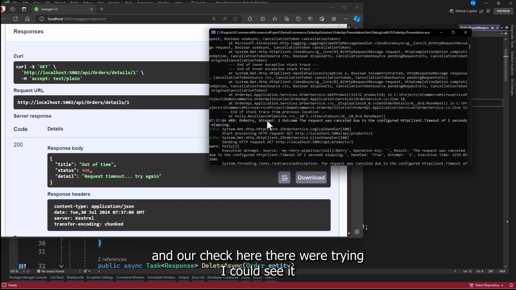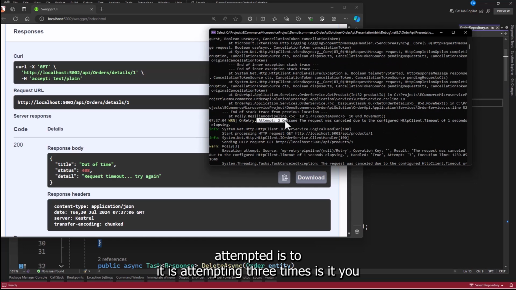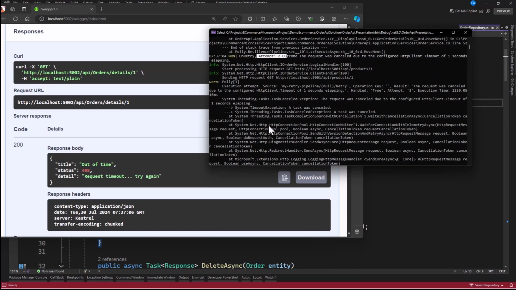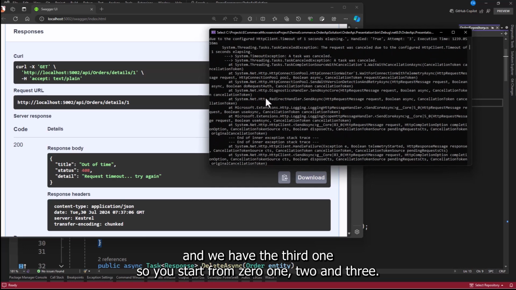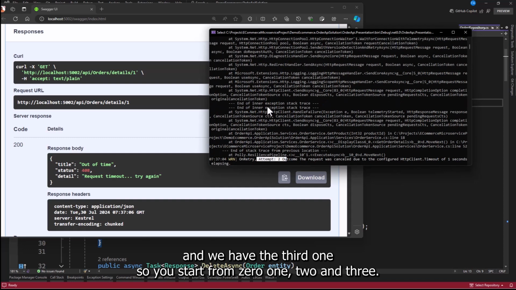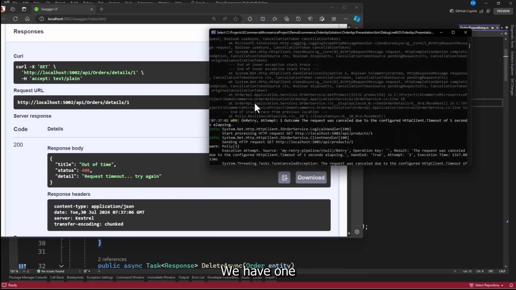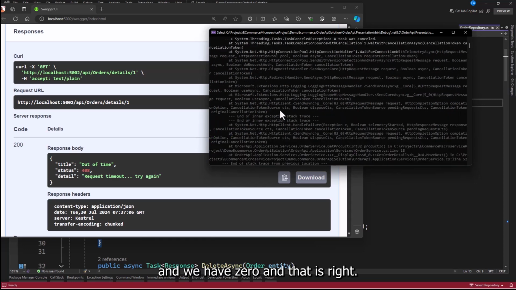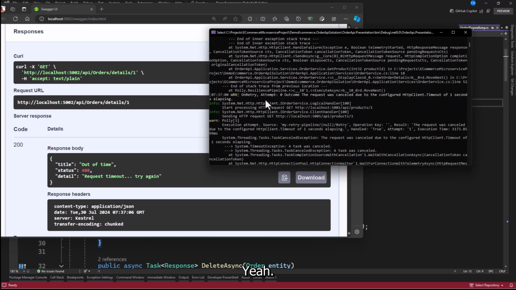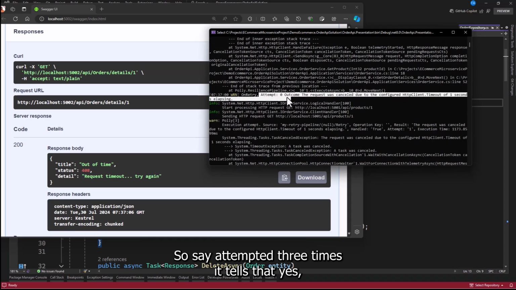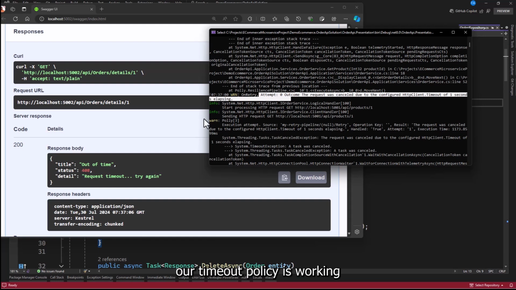You can see that we have the log, and I'll check it here. The retry is over here. You can see the attempt here is 2. It is attempting 3 times. This is a 2, and we have the third one. So it starts from 0, 1, 2, making 3. So this is 2, meaning it is a third one. We have 1, and we have 0, and that is over here. So you can see it's attempted 3 times. It tells you that yes, our